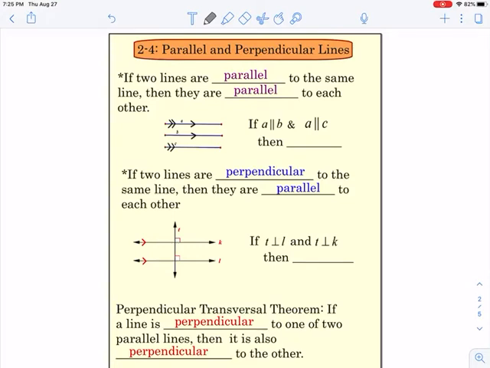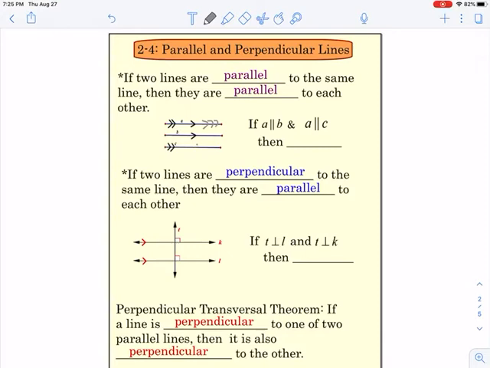Okay, so two important concepts that we're going to talk about in section 2.4: parallel and perpendicular lines. And the first thing that we're going to talk about is if two lines are parallel to the same line, then they are parallel to each other. So what does that really mean? If line A is parallel to line B and line A is parallel to line C, then that means that these last two lines here have to be